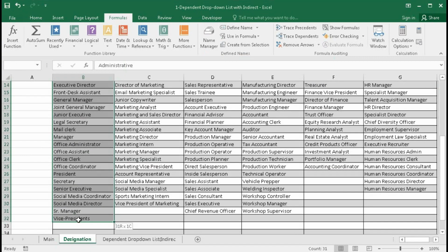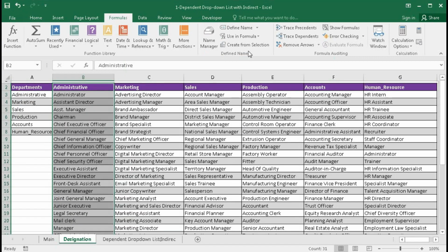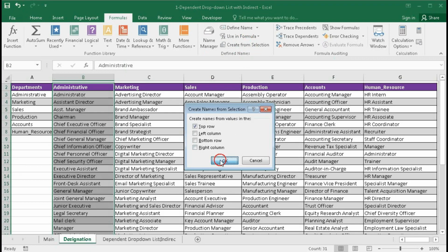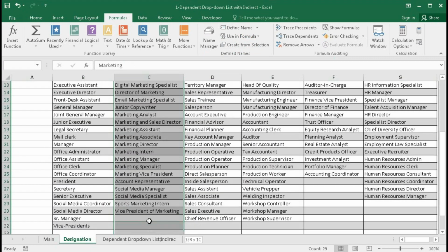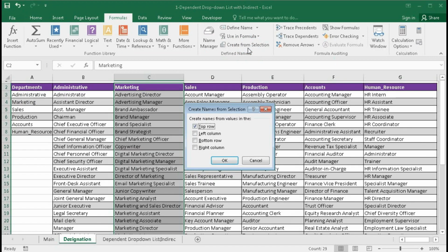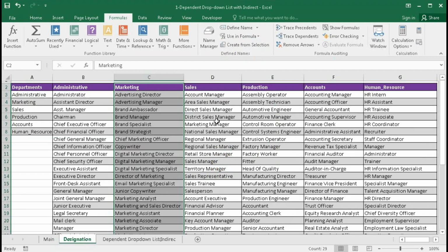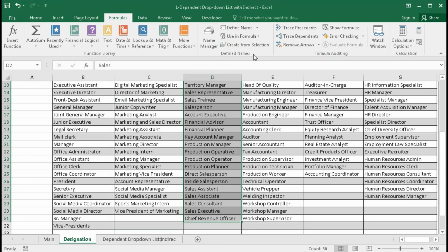Select up to this, then create from selection, top row, then this one, create from selection, top row, OK.